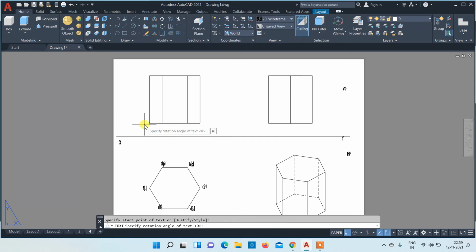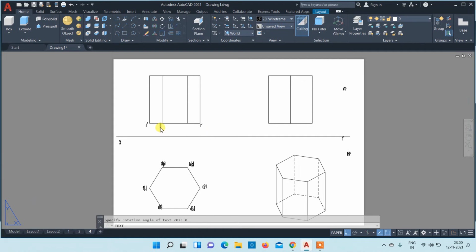This is U dash, this one will be R dash, as it is a front view.